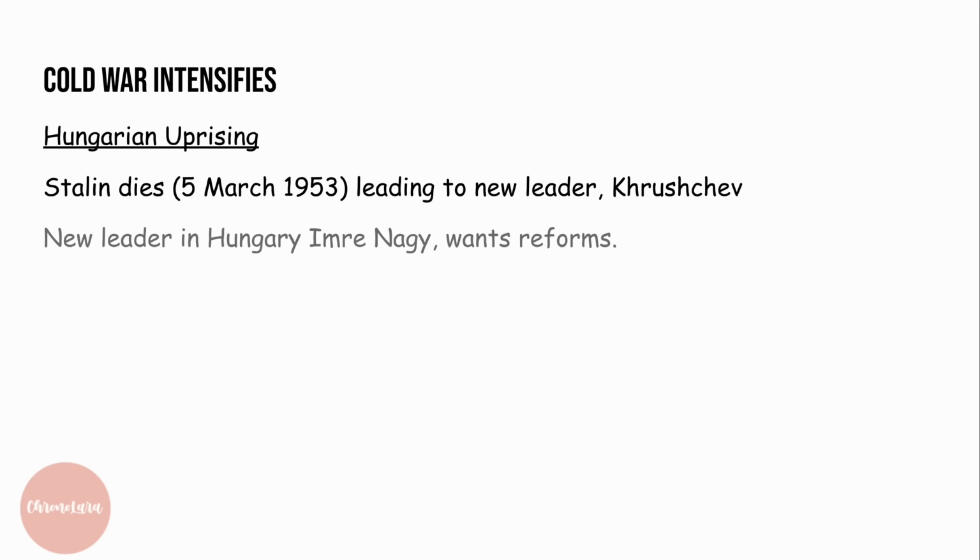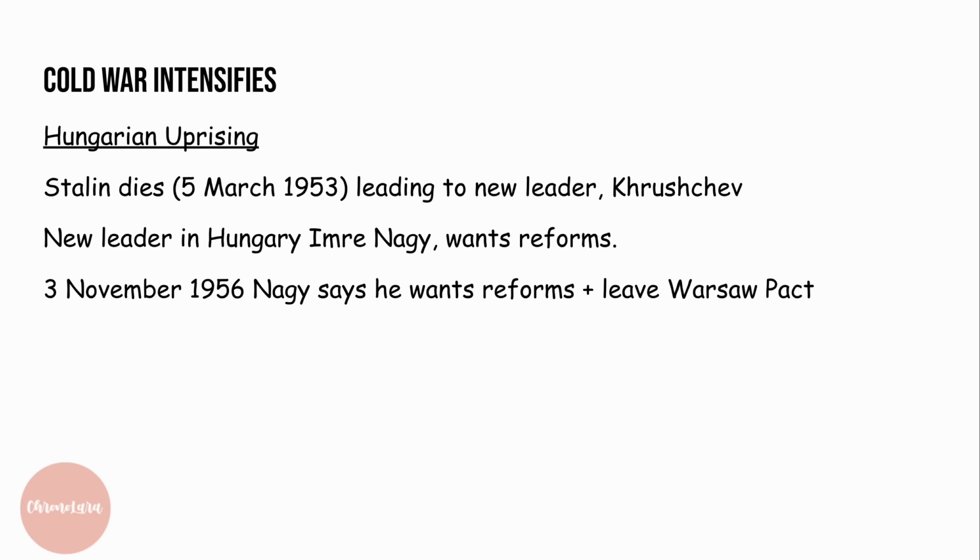be kind to them. We got a new leader in Hungary, which is a satellite state, and this new leader is called Imre Nagy. Imre Nagy wants reforms. On the 3rd of November 1956, Nagy says he wants reforms and he wants to leave the Warsaw Pact. Now, this alarms Khrushchev. He's scared that the other satellite states are going to follow what Nagy does, and eventually communism will just go corrupt